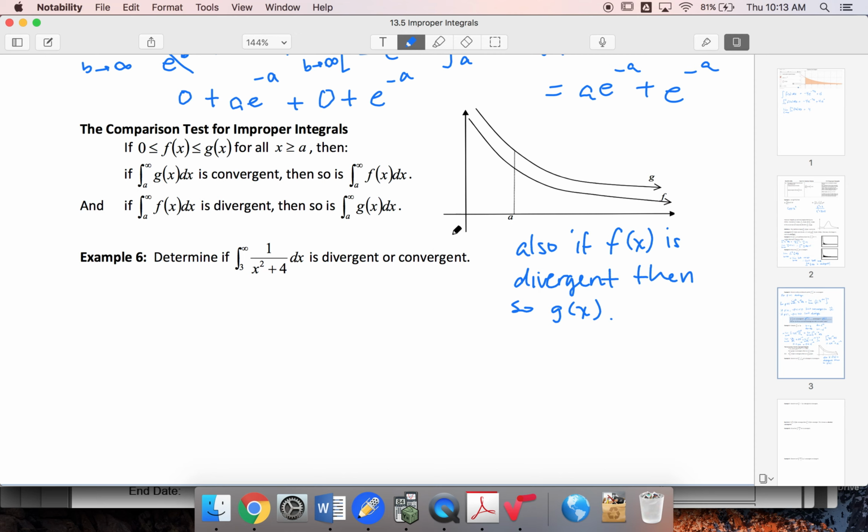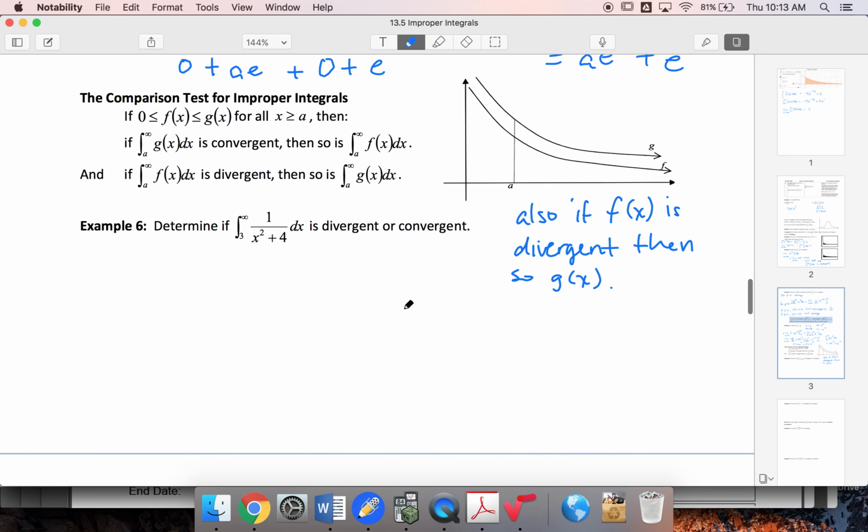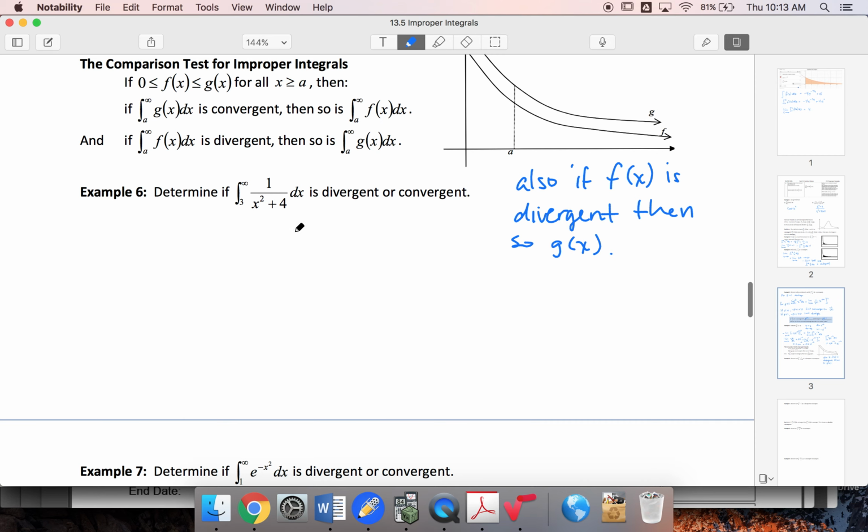So let's look at an example of this. I want to determine if the integral from 3 to infinity of this function is divergent or convergent. And this is something that maybe I could evaluate with an arctan or one of those, like maybe that's a trig function. But I've just been asked if it's divergent or convergent, so I don't care what the actual value is. So what I know for sure is that this is positive,